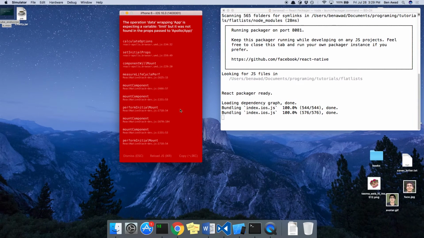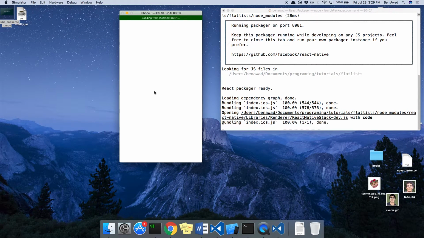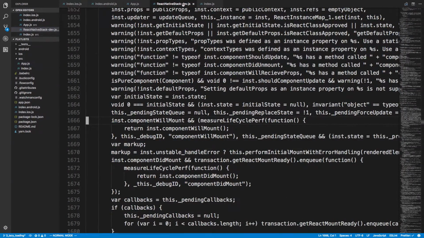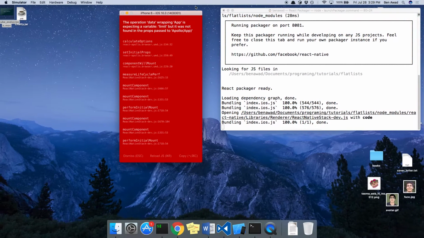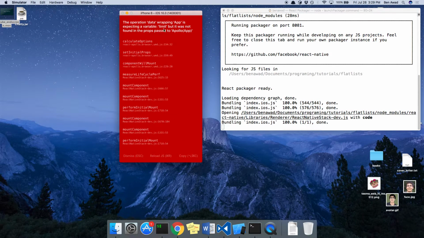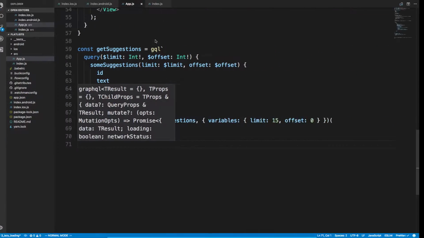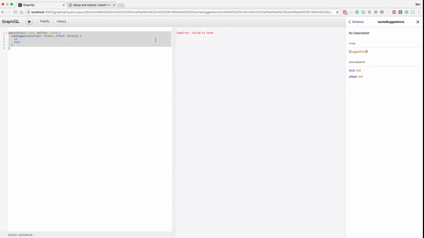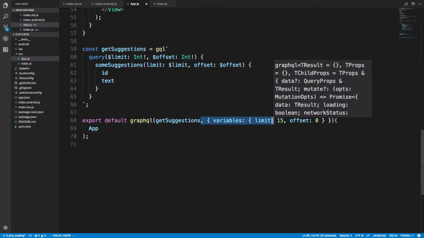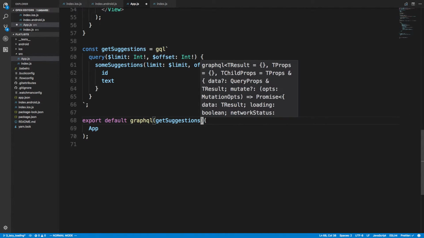Okay. So save that, and that looks good. Now let's see if the error goes away. And I accidentally clicked on one of these, so you saw that just popped up. Reload, wrapping is expecting a variable limit, but it was not found in props passed to Apollo. Okay, so it's expecting the props, which we don't want to add, right? We're not passing the props in. We could actually do that. Why not? We could pass in limit